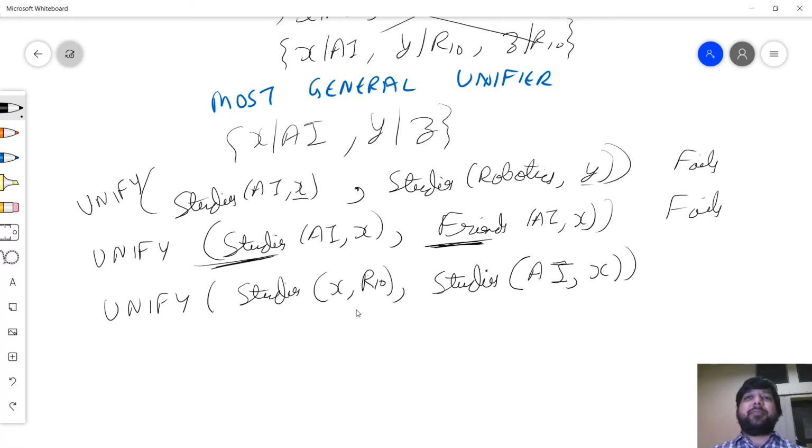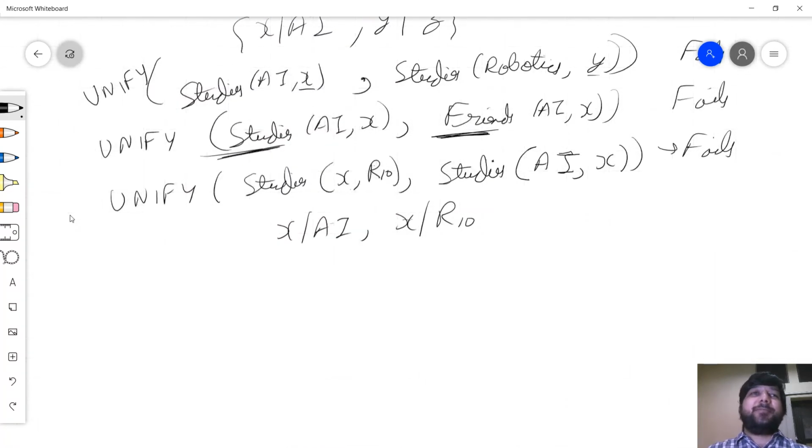So let's see what happens when I do this. X is equal to AI and X is equal to R10. X cannot have two values, it fails. However, surprisingly, if I just do a renaming, variables you can rename, there's absolutely no problem.